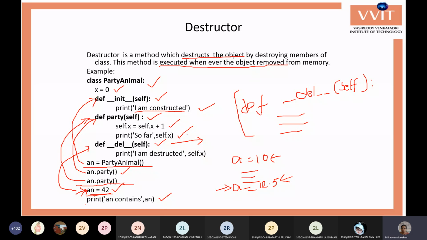So this is the case in Python, because of the dynamic creation of variables. Whenever you change the variable value from one data type to another, it removes the variable of the previous data type, creates a new variable with a new memory location, and assigns the value. So this is the deletion. That is, this is a manual delete. Manually you are destroying the object. Otherwise the object will not be destroyed.